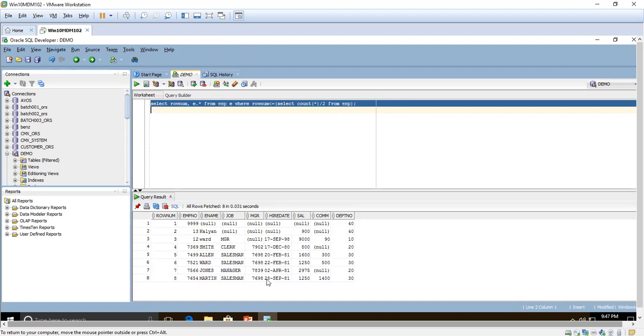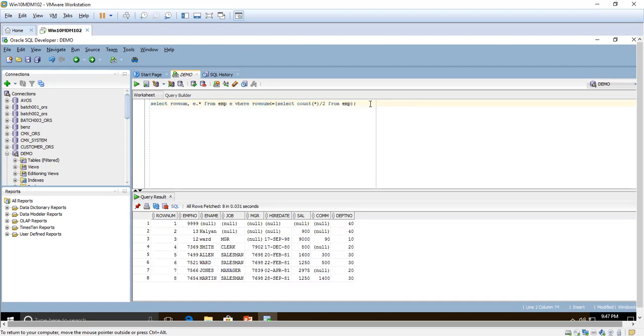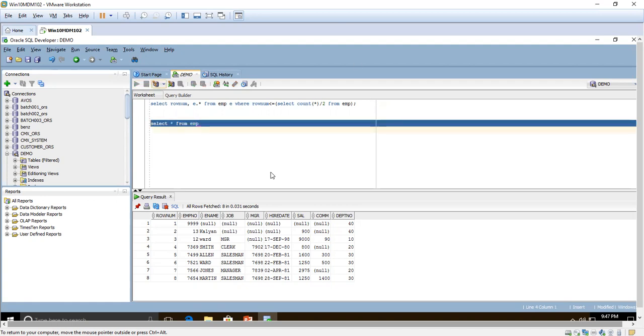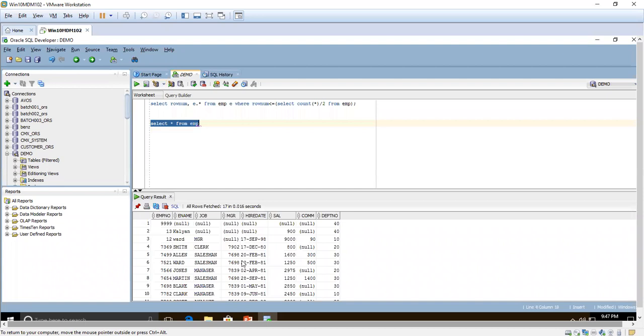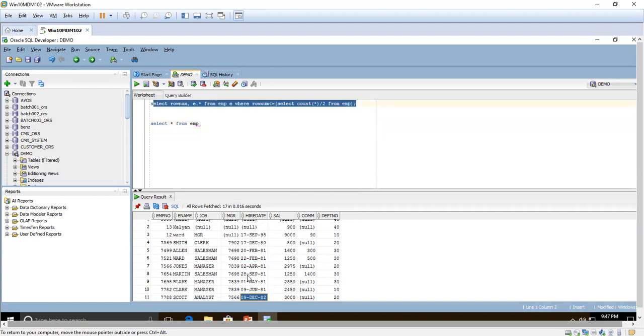It shows 8. We will check the total number of records. See, the total number of records is 17. So it displays only 8 records.